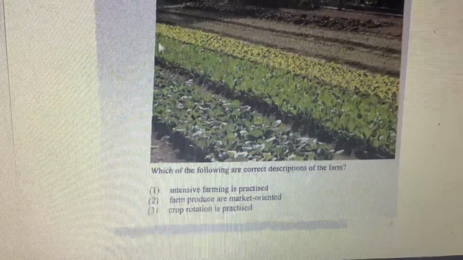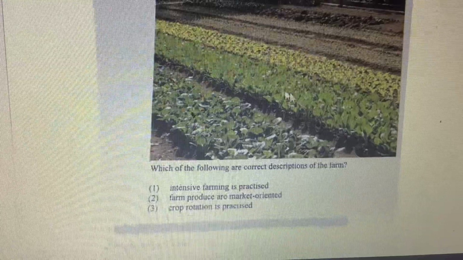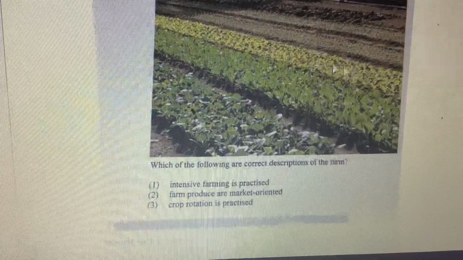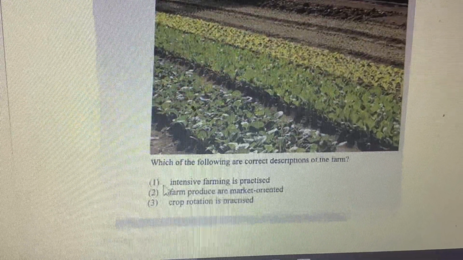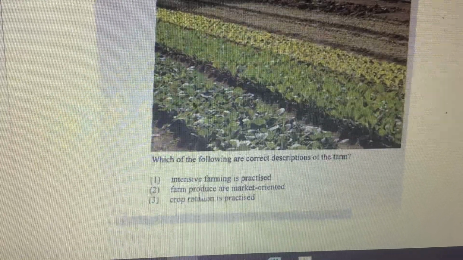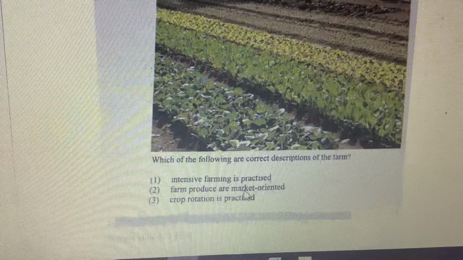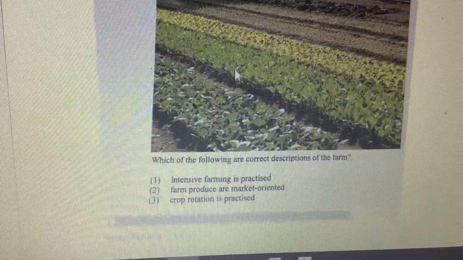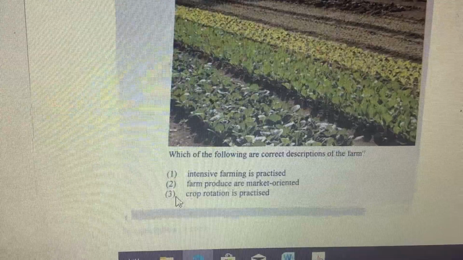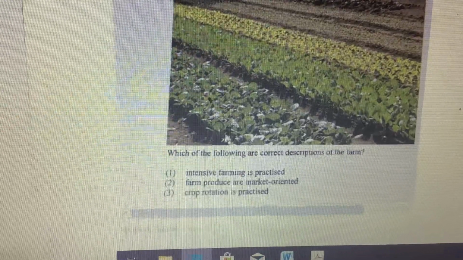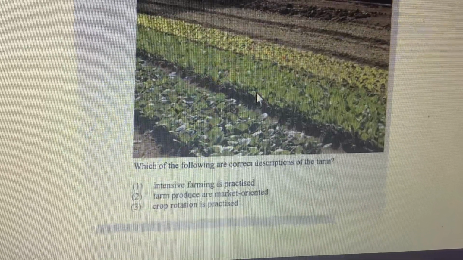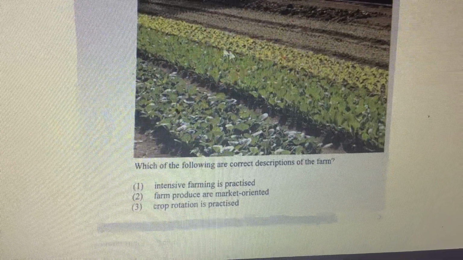For here, you can see there are different types of farm produce planted in an intermittent pattern, one row by one row. First of all, number 1 is correct because this one is intensive farming. And then number 2, farm produce is market oriented. Also right, because you can see mostly are for the Hong Kong market. And don't mix this up: when you see the same field having different types of crops,